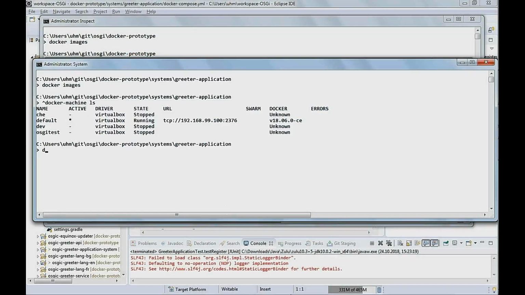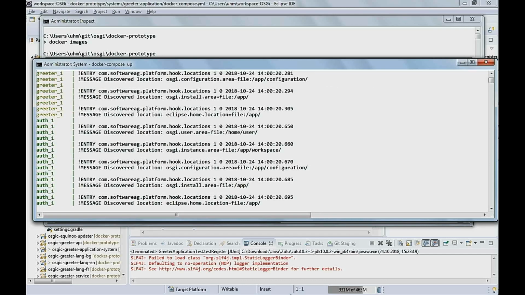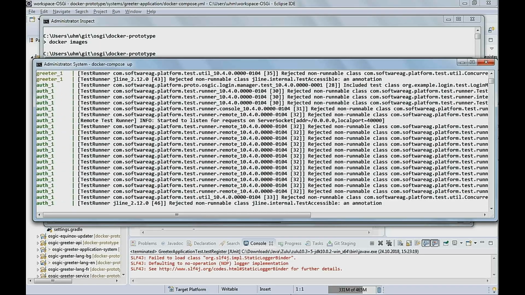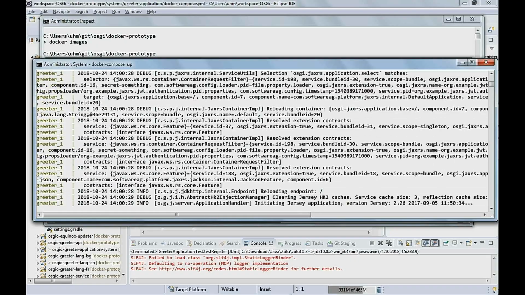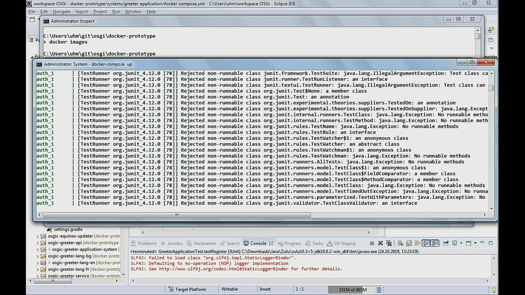system. So let's go to Docker Compose and try to stand it up. What this tool does is just pick the images that you've defined in your Docker Compose YAML file, and it will start up the containers, applying the configuration that is required. So here my application should be running.